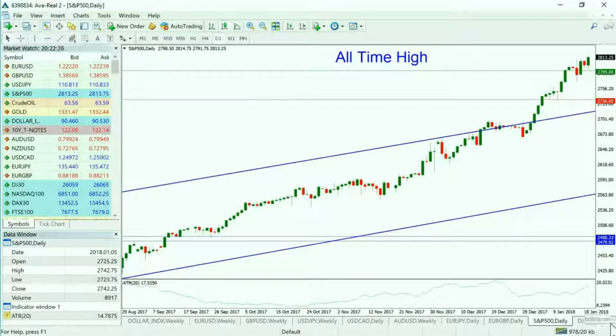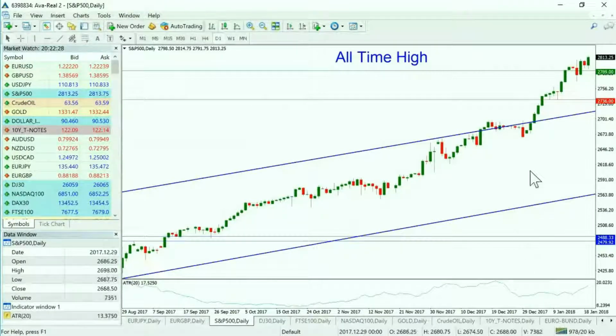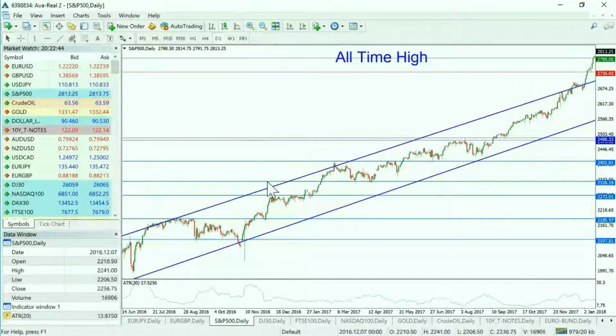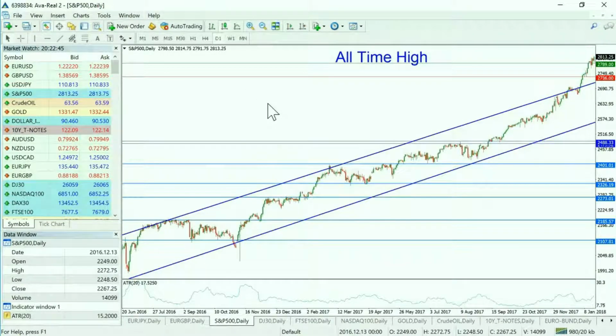So moving on to the global indices then. These markets are just continuing to move higher. Every man and his dog knows that this is a fairly significant bubble with prices continuing to move higher. The reality is, it seems for all intents and purposes that there's plenty of scope in this market to continue to push higher. Obviously, no one knows when that is the case, but just be mindful that we are trading,